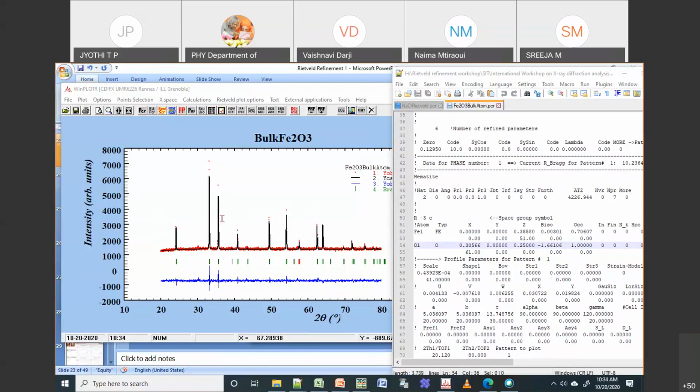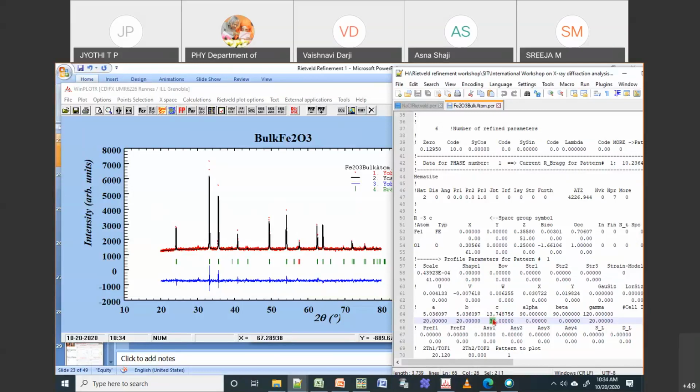So can you describe how you use this number? As I told, this number represents the parameter. In this case, ABC is also a parameter, but I'm not changing it during the running. I don't want the program to change it, so I put 000. But I want to change the scale because I'm doing a Rietveld refinement. So this is the first parameter, this is the second parameter. A is equal to B, so I'm using the same values, 20, 20, or 21, 21. But this is not equal to C, so that is why I'm keeping a separate number.